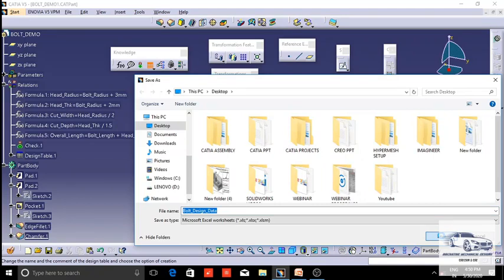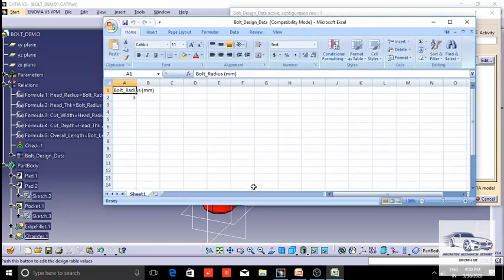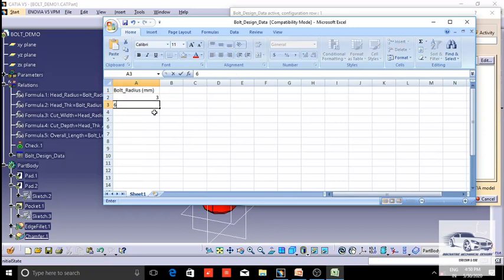And after this step, the software will give me the option to edit the contents of the Excel table. So here we have to click on edit table. Now we can see that the Excel file has been opened in the background. So here I want to include the new parameters 6, 9, 12 and 15, all in multiples of 3.